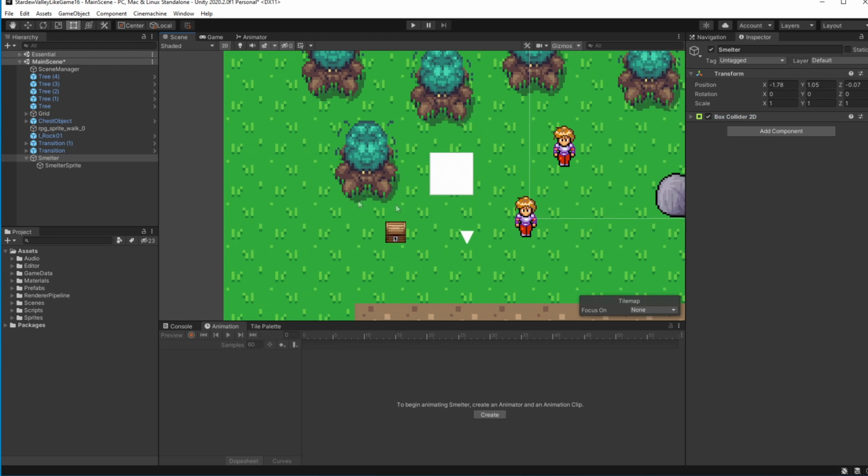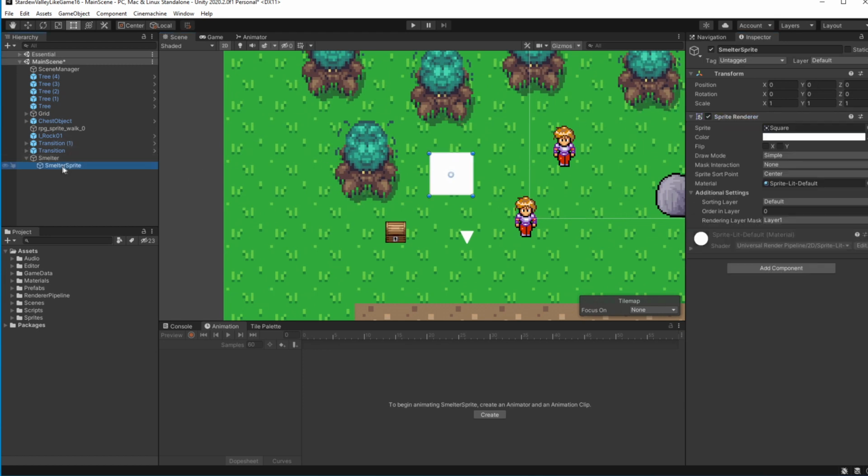I don't have good graphics for the smelter yet. I will look for one next time.